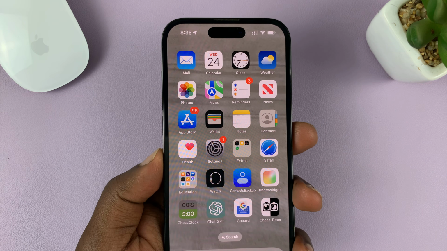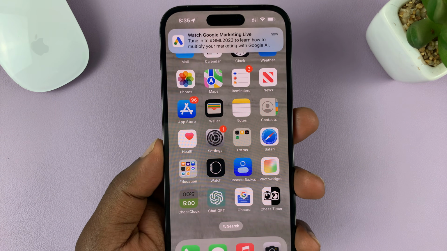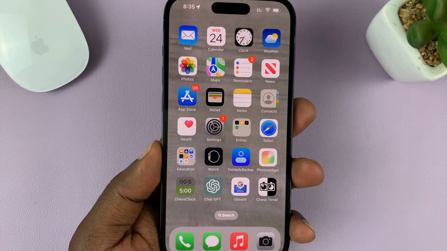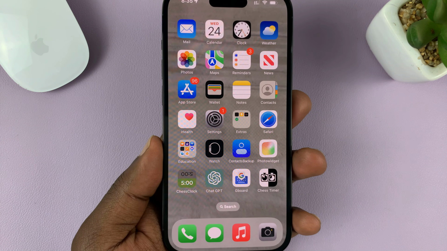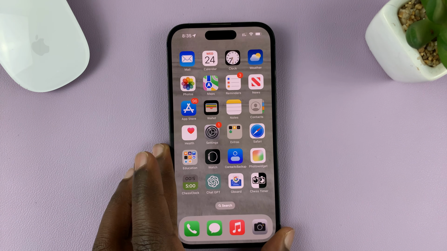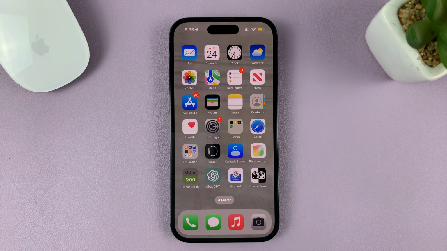So I'll be showing you how to turn the camera flash on or off, or even set it to auto so it can decide for itself when to turn on or off. Now I'm using the iPhone 14 Pro running iOS 16 for this tutorial, but this should work on pretty much